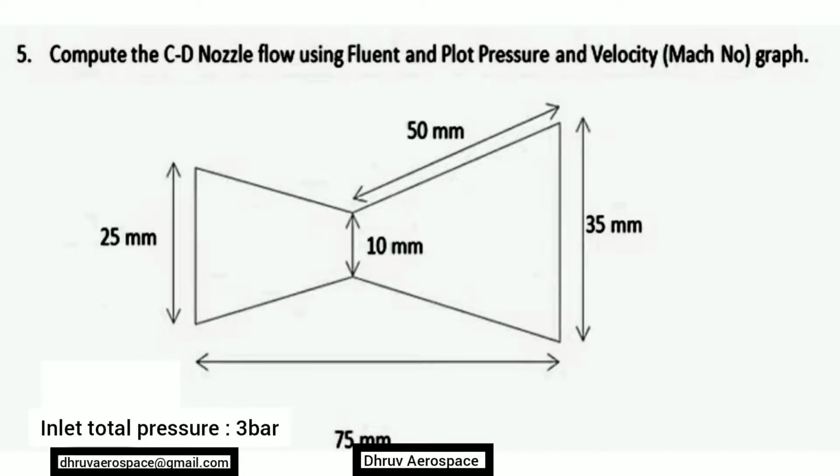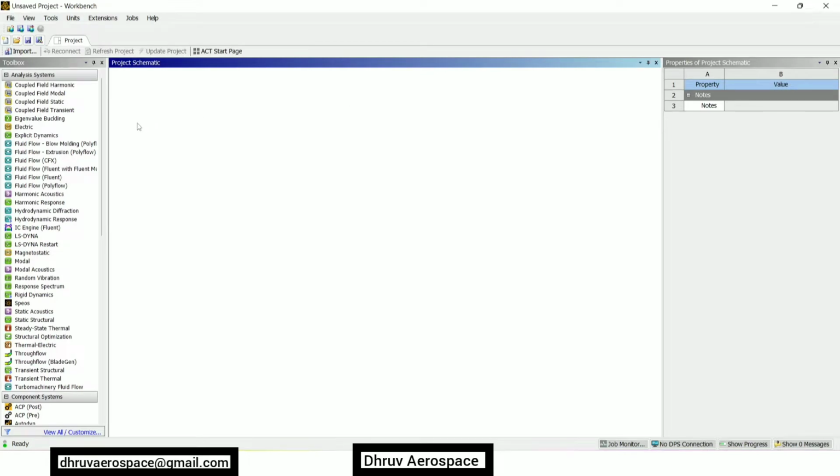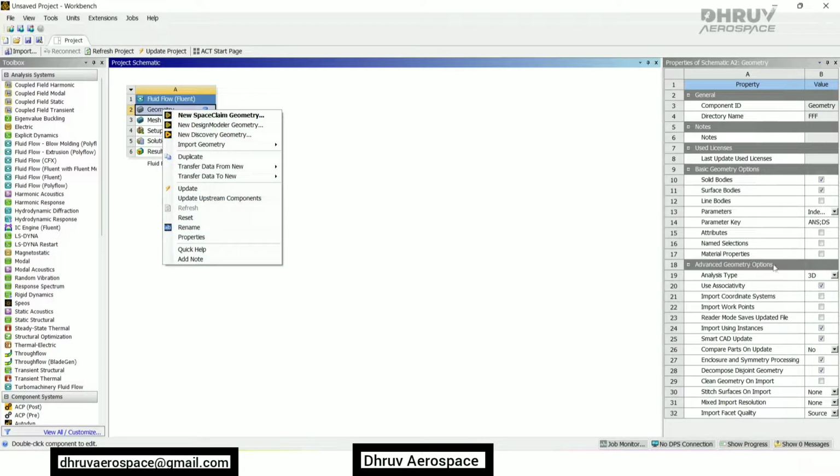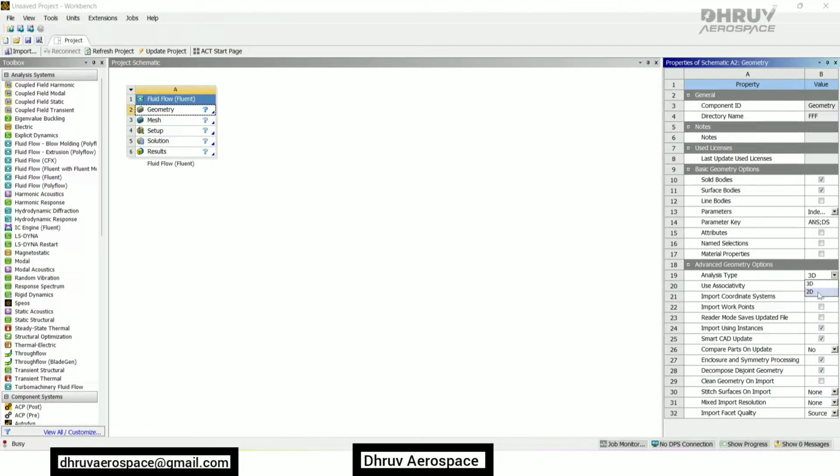This will be our geometry. We need to plot a pressure and velocity, so just take the Fluent from here, right click on the geometry, and set analysis type as 2D, because our geometry is 2D. So right click on the geometry, open the design modeler,